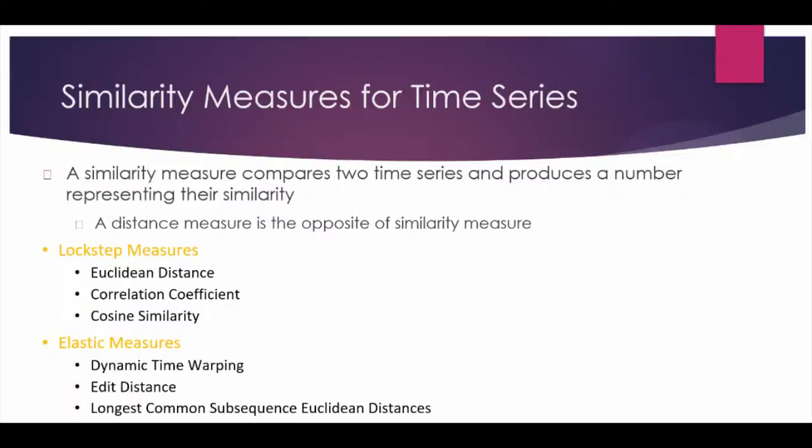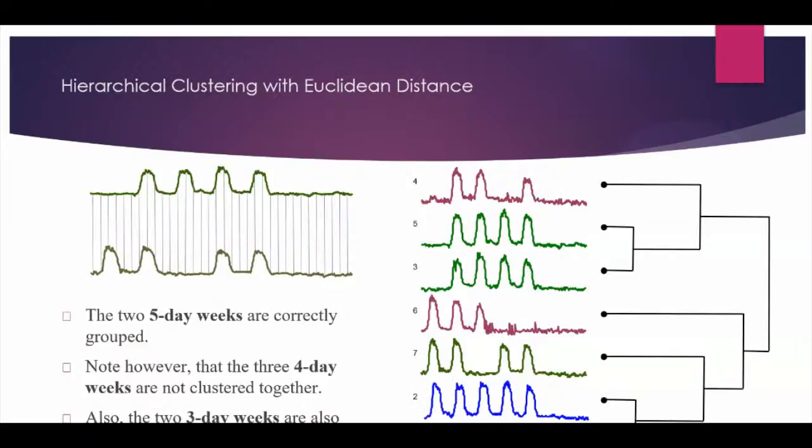If we work with the standard Euclidean distance, all of you must know the formula for Euclidean distance. And if we cluster them using hierarchical clustering, we'll get this type of cluster. You see, there are multiple colors we have used, but they are not coming together. You can see the green in different clusters, and so on.